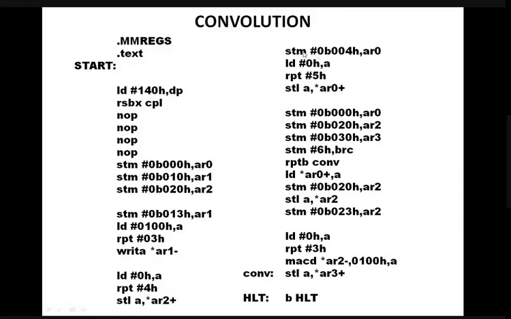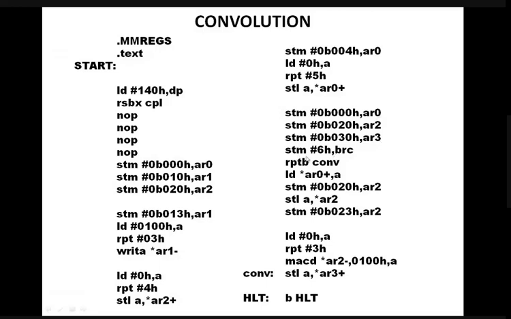And if you look at the right-hand side, STM #B004H, AR0 means again AR0 is loaded with the immediate constant B004, and the accumulator is loaded with 0, and the next instruction is repeated 5 times, clearing the accumulator. These are all the initializations of the registers to perform the 4-point convolution. Then after that, again we are initializing all the registers, all the pointers. AR0 is pointing to x of n, AR2 is pointing to h of n, and AR3 is storing y of n. So for that, 3 address locations are there.